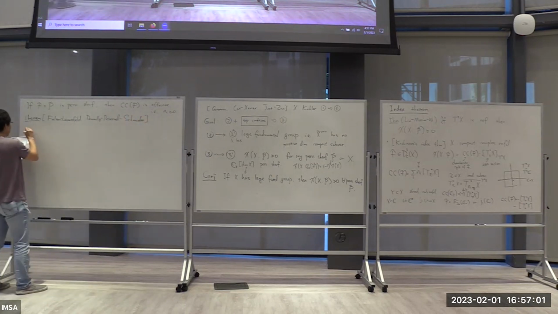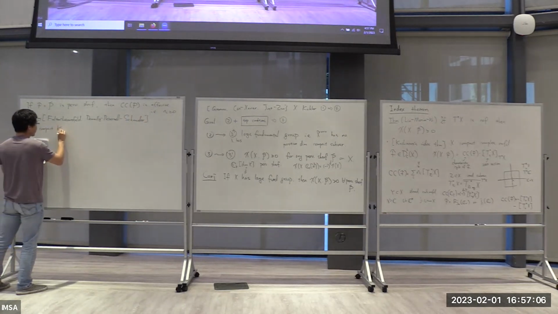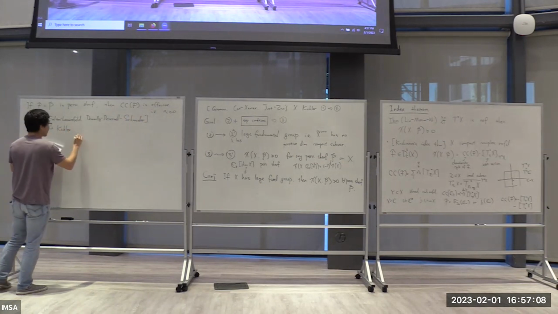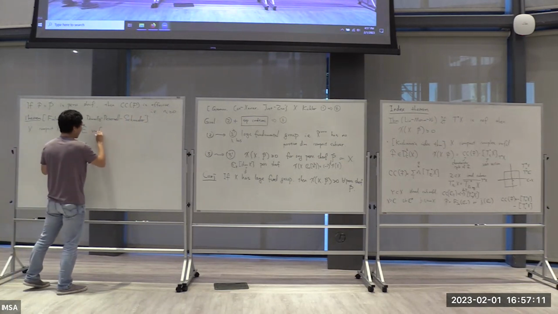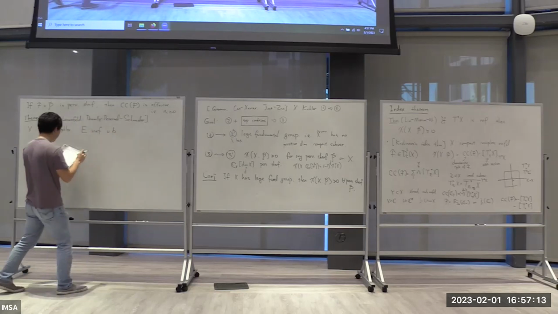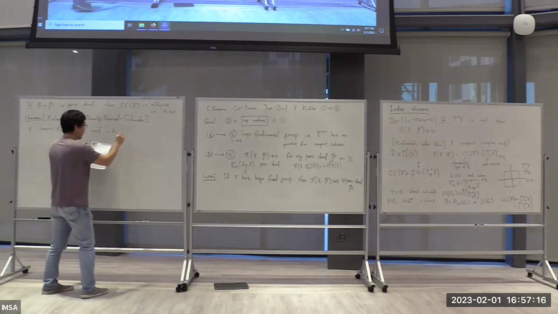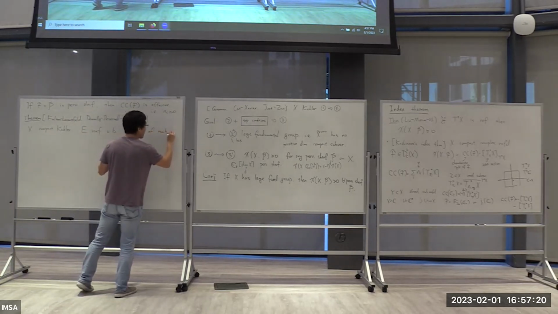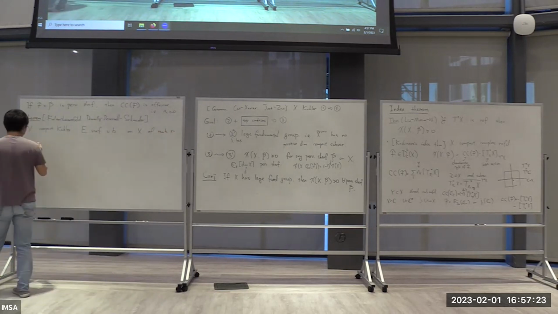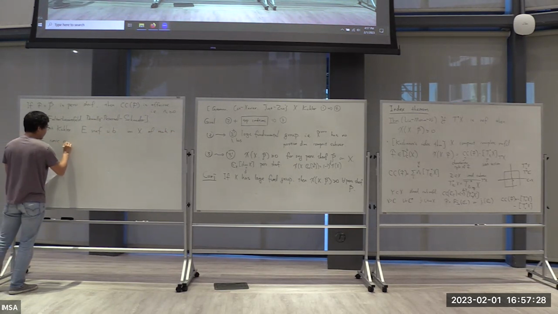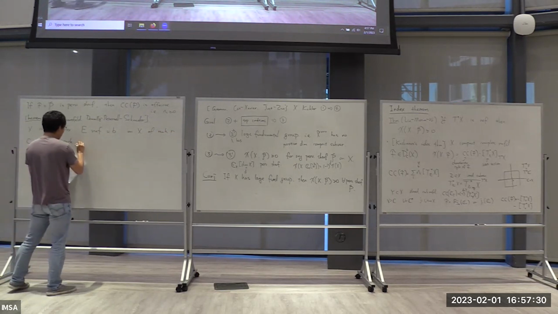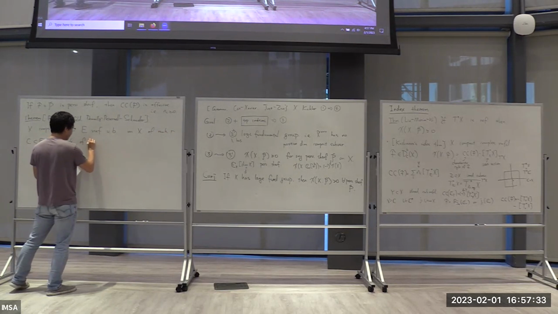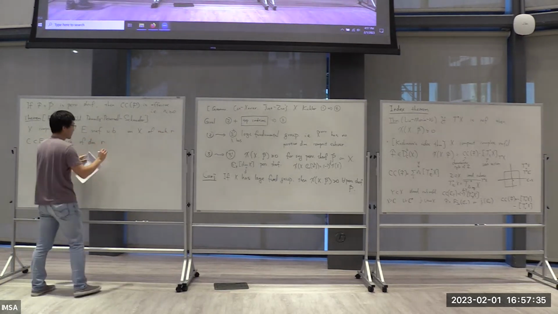Which does the following. If X is a compact Kähler manifold, and E is a nef vector bundle on X of rank r, and C is a conic cycle of dimension r. Then,